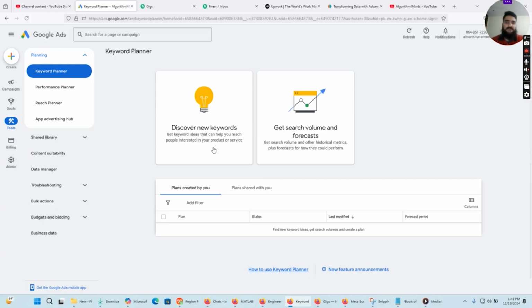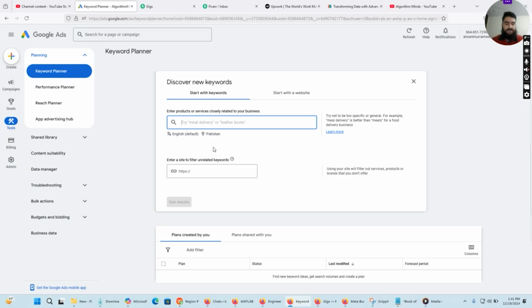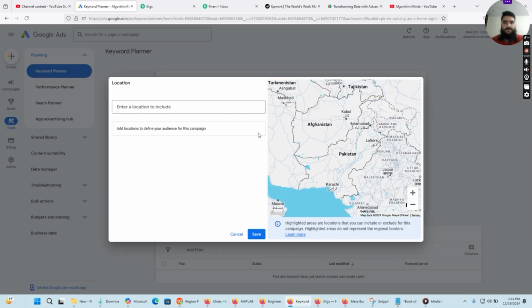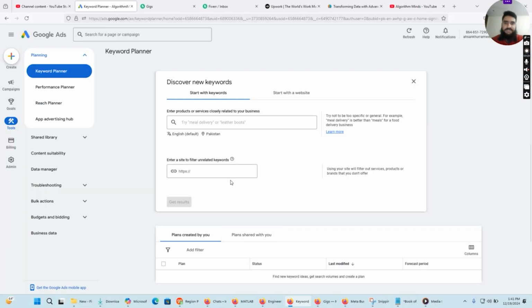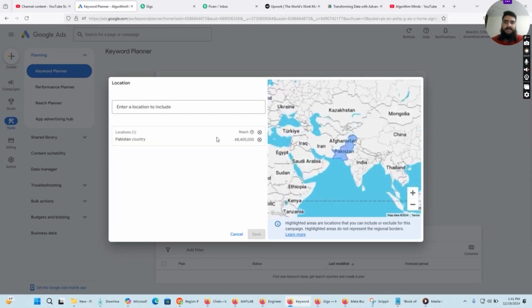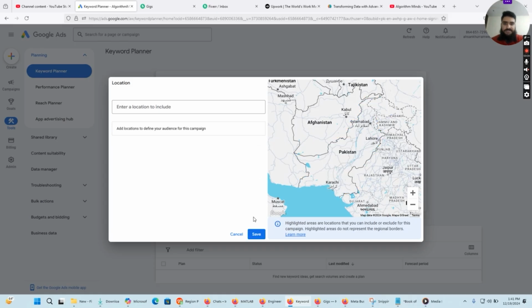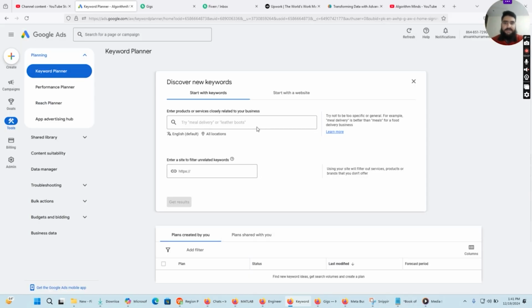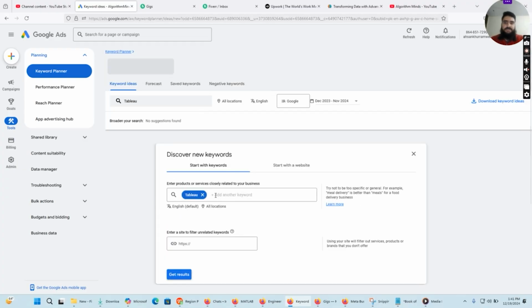So we will go towards Discover new keywords because we are interested in knowing what kind of keywords are being searched. After clicking on that, the first thing we need to do is change the location to overall. So what I did, I go to this location tag, then I click on this cross button, then I click on save. Now once that is done, I'm going to write my primary keyword, which is Tableau, and then I will hit enter. Then I will get results,